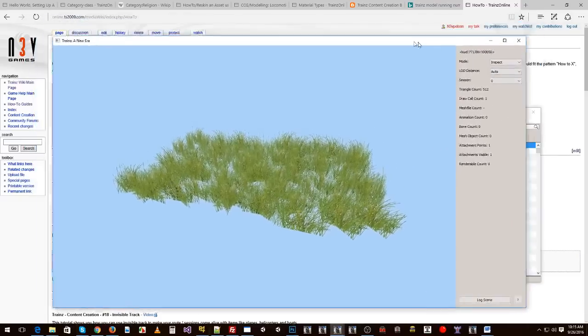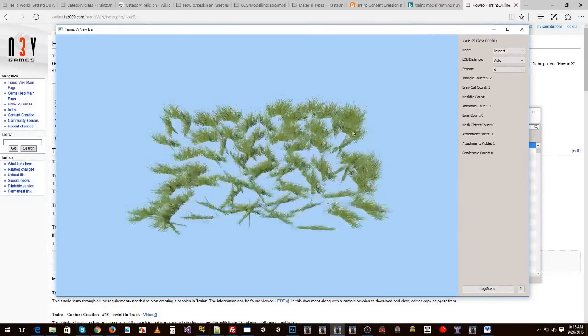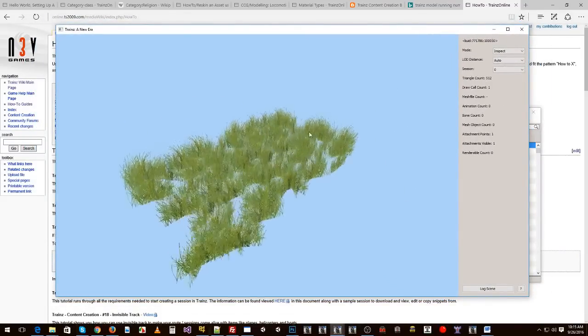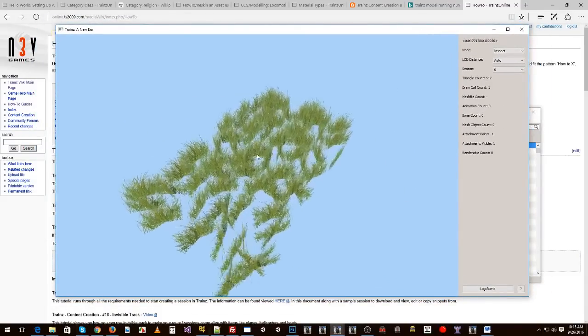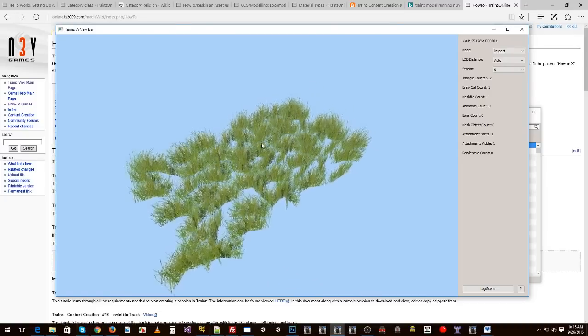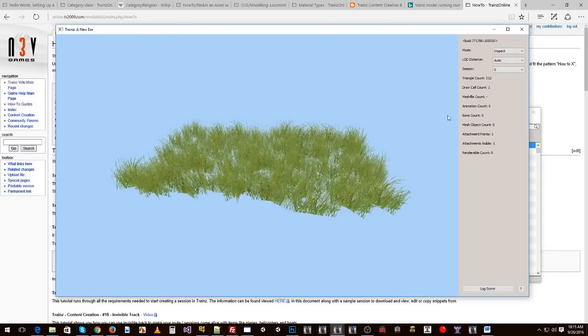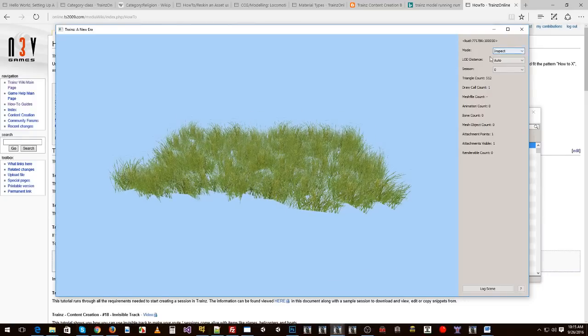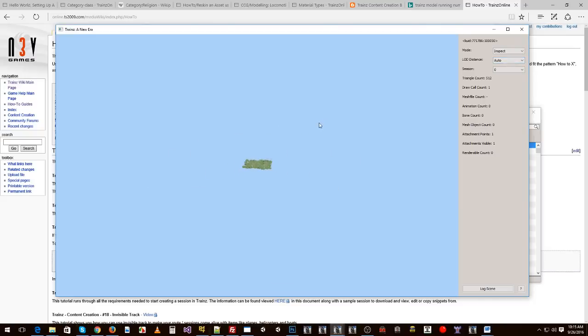This preview asset window is a good way to determine how heavy one particular asset will be within Trainz. So this is a good analysis of an object in Trainz. So we've got mode, I'll come back to. LOD distance, so this is automatic at the moment, so you'll see as we move back,